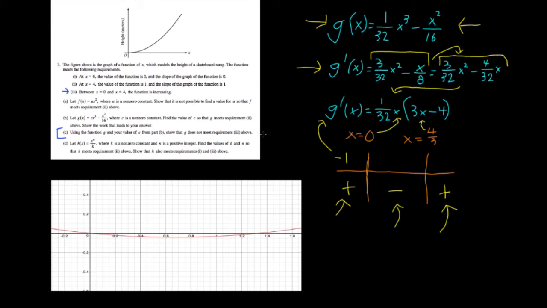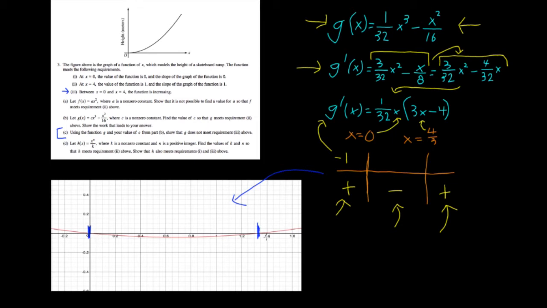So that means that the function is decreasing between x is equal to 0 and x is equal to 4. And since this problem is also one where you can use your calculator, if you graph the function g prime of x, you can see that between 0 right here and 4 over 3, the